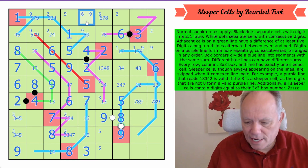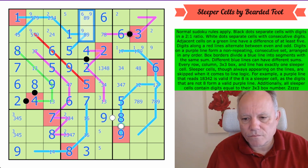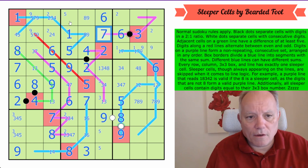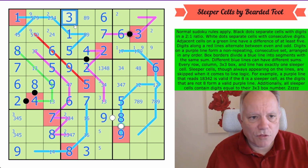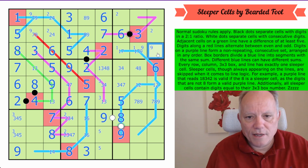That's an 8, 9 pair at the top. That places 6. This is a 7. I'll look at that Renban in a moment. This is a 3. I'm just doing the Sudoku. Now we've got a 2-4 pair. That's a 5. This is a 7-9 pair. That's a 3. This is from 1, 7, 9. We've got a triple going on here. 1, 7, 9, 6, 3. Now this Renban,